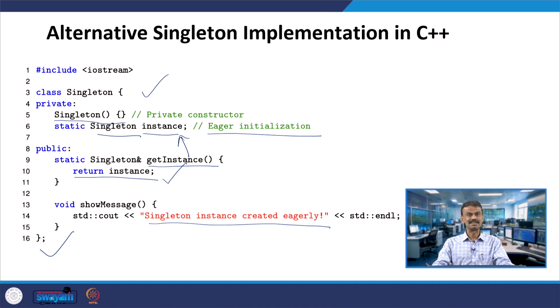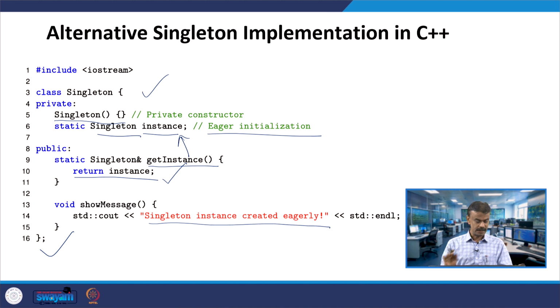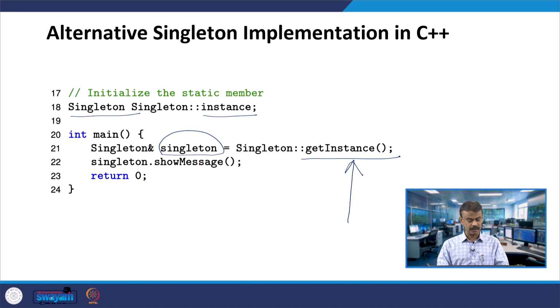Like previously, if it is pointing to the null pointer, we create an instance. But here, since we have the eager initialization, which is the alternative singleton, the instance will definitely be there. So the instance from line number 9 and 10 will be returned.